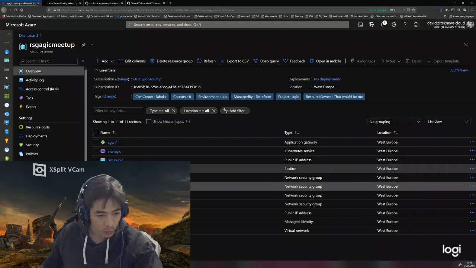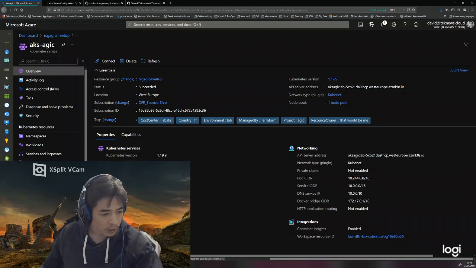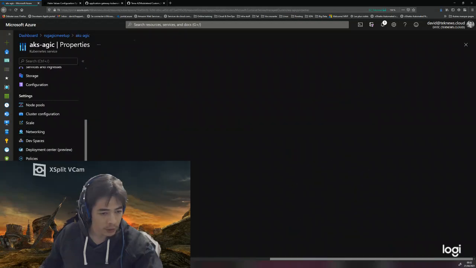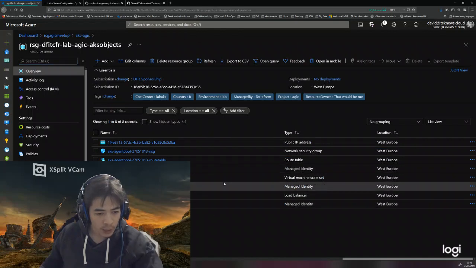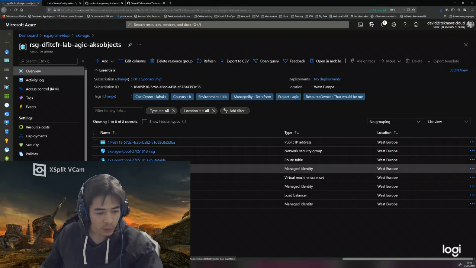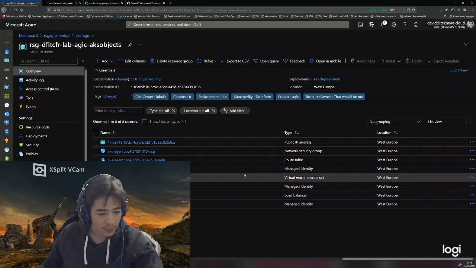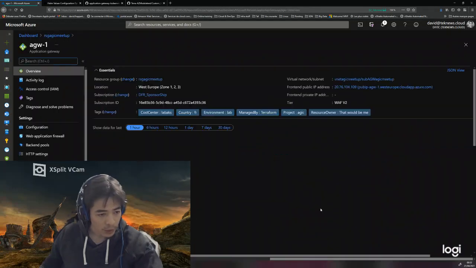As you can see, my cluster looks something like that. This is one example. This Kubernetes cluster is in version 1.19.9. Let's go to the properties over there, so we can reach the backend resource group. And as you can see, currently in my example I don't have a managed identity with the name of AGIC. As I mentioned, I also have an application gateway, which is here.